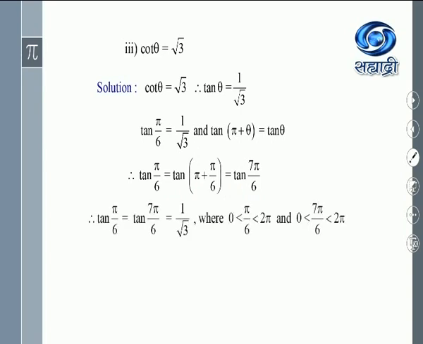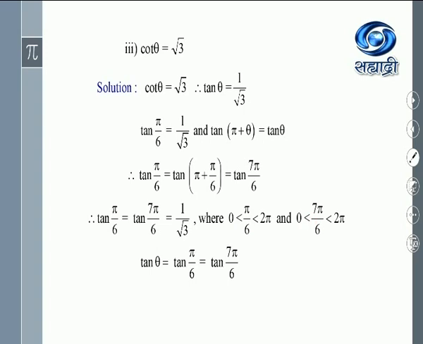Okay. So tan pi by 6 is equal to tan 7 pi by 6 is equal to 1 upon root 3. But we will have to mention the principal solution, that pi by 6 is less than 2 pi, greater than 0. 7 pi by 6 is less than 2 pi and greater than 0. Okay, this condition is very important. Without fail, you will have to write that. And no need to write equality sign here and here, because this value is fixed. And you know, these are the non-zero quantities, non-zero angles. Therefore, we write strictly less than 2 pi and greater than 0 for both the angles.